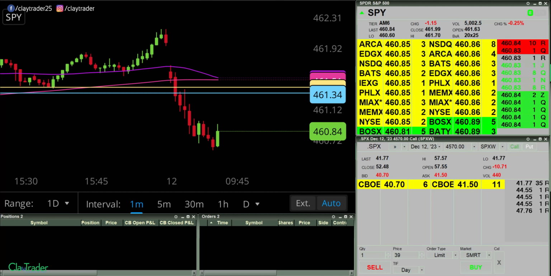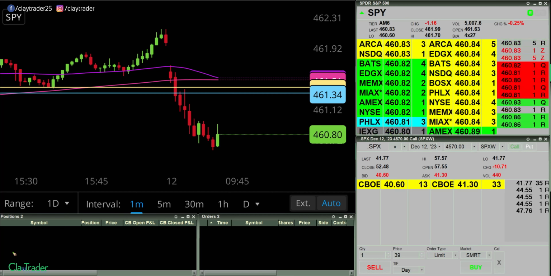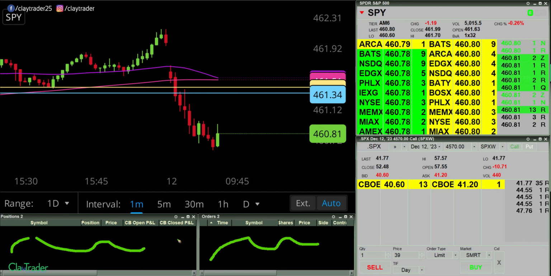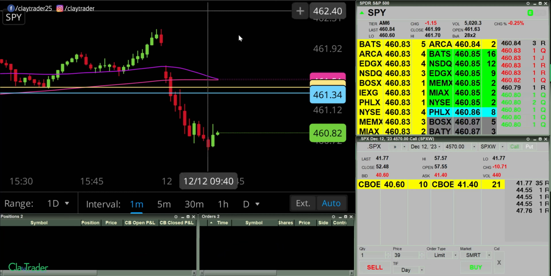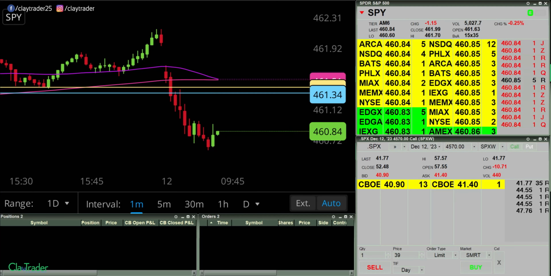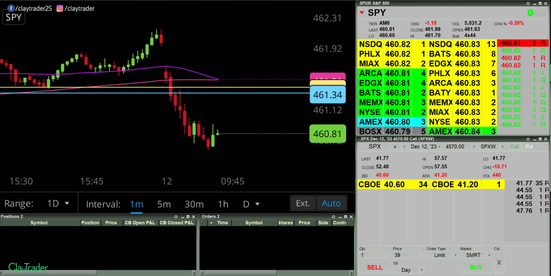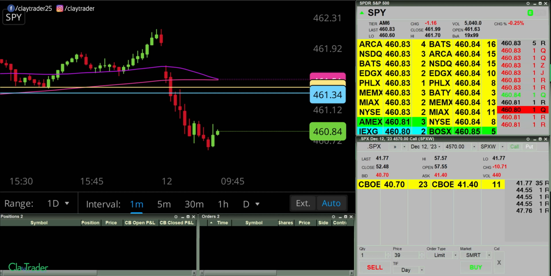So the market's been open about 10 minutes, and no trades or anything like that. You can see, if you're not familiar with my screen, no orders, nothing has happened here. If I do start to make trades, that's where those windows will be populated. So I'm just watching this one right now as it comes down and maybe looking to play it from the short side with some puts. If you have no idea what I mean by that, I am looking to do options. And if you're interested in learning more about options,